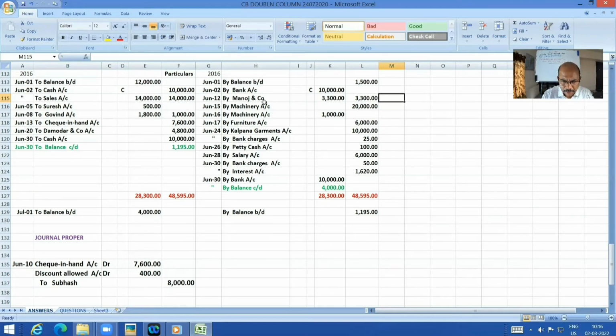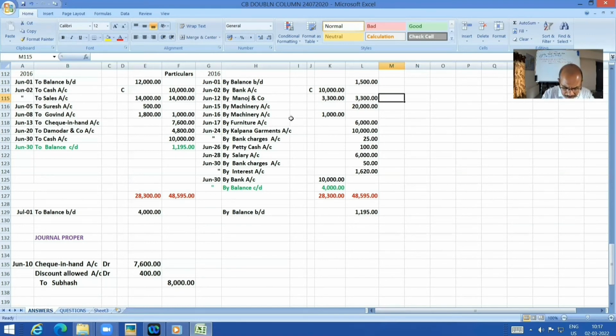So Manoj and company, 3,300 and 3,300 each. We agree that? No objection. Settled account of Manoj and company by payment of 6,600, half cash and half by check. I don't think I owe you any further explanation. Okay, right.